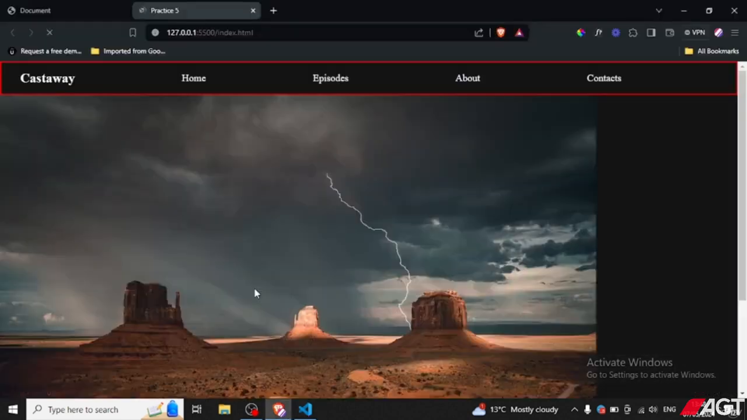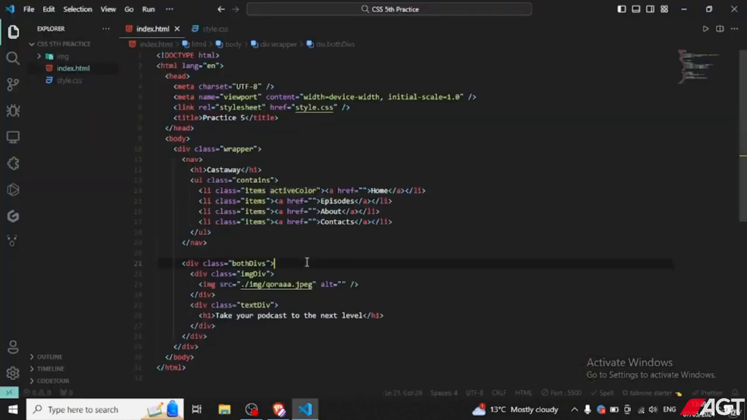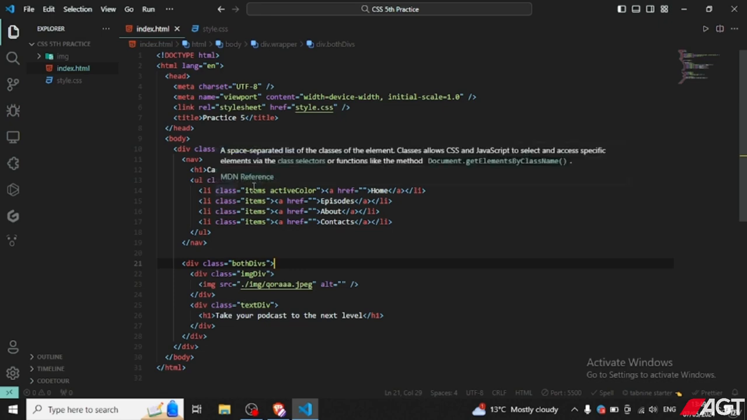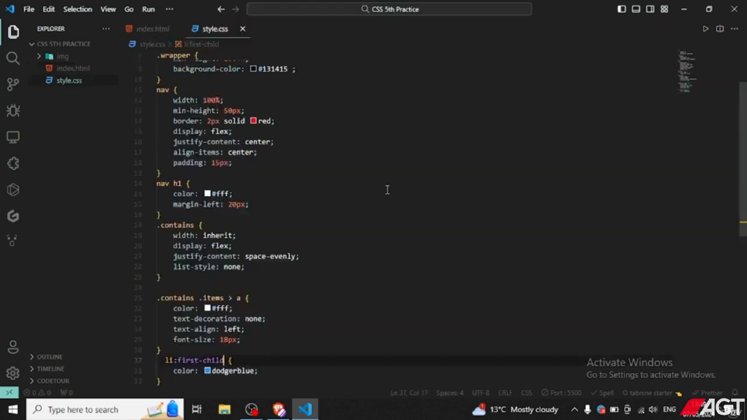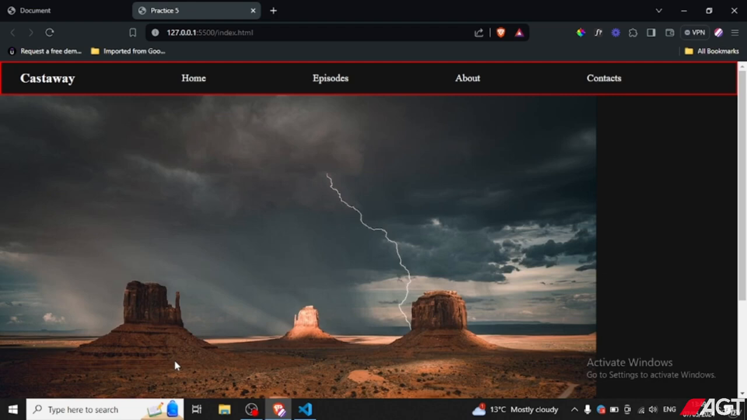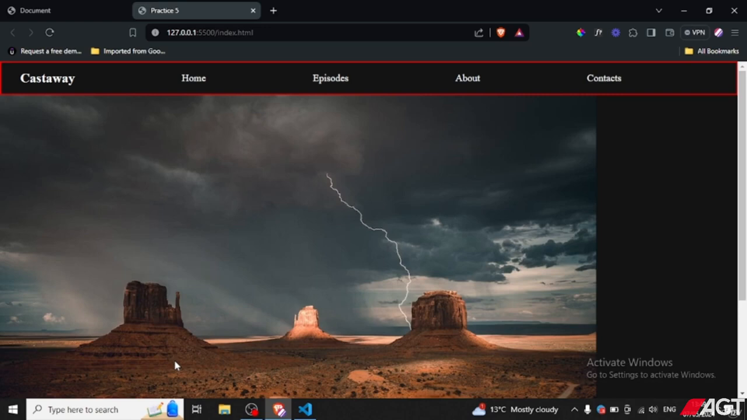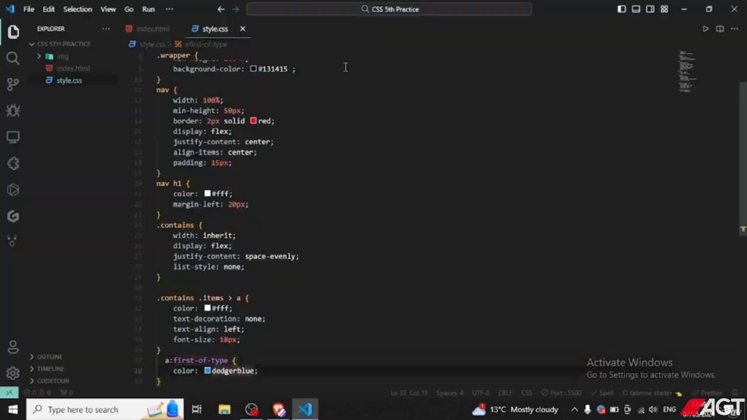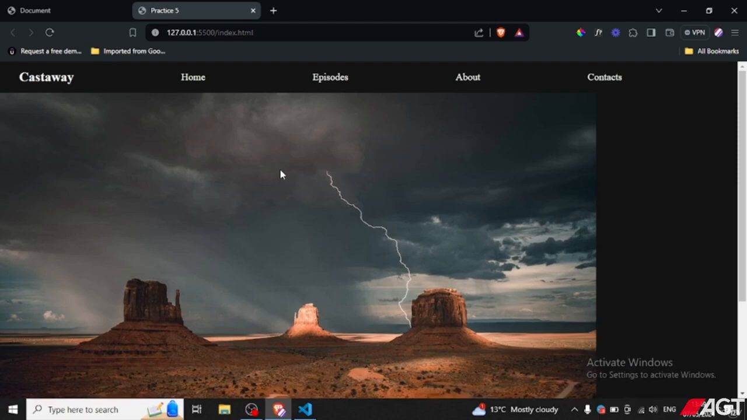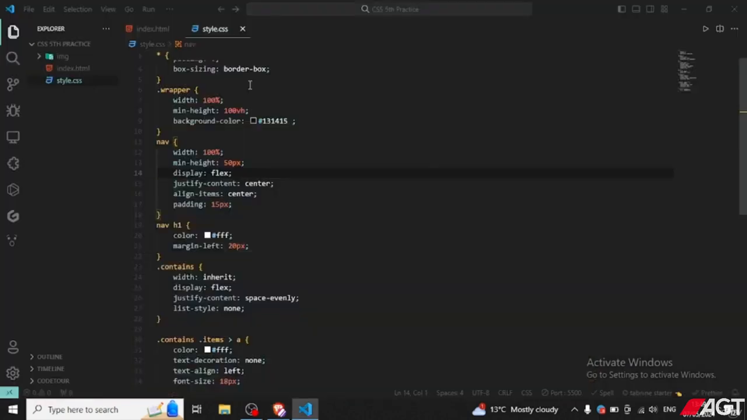Okay. Let's check list. First one is this. Maybe we can use, so it can be first of type. Okay. So now let's remove the borders. Now we removed, and